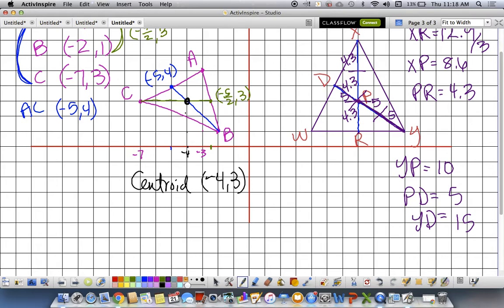Okay. All right. Last but not least, altitudes. We said that we spent all this time on medians and centroids. Poor altitudes aren't going to get much attention. What do you know about altitudes? It's like an airplane. It's how high you are, your altitude. Okay? In a triangle, have you seen the altitude of a triangle? It's the height of the triangle. So the altitude of a triangle is the segment drawn